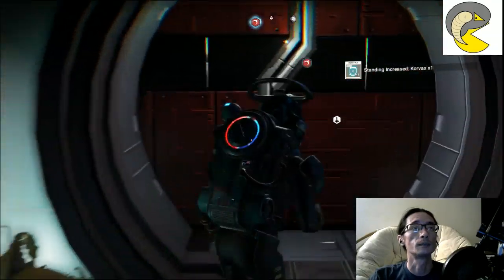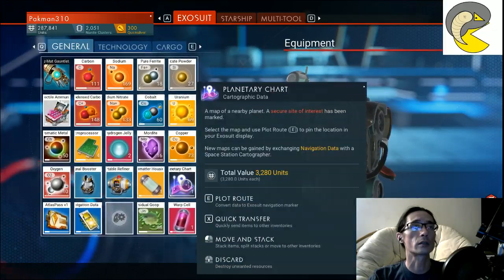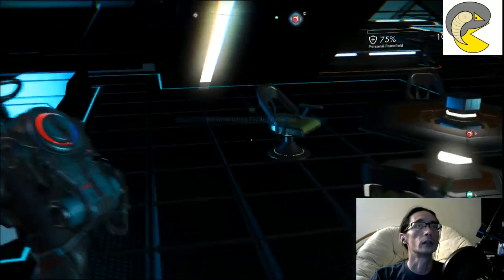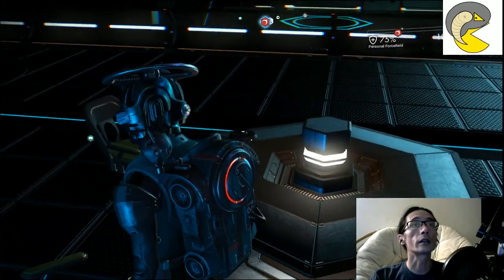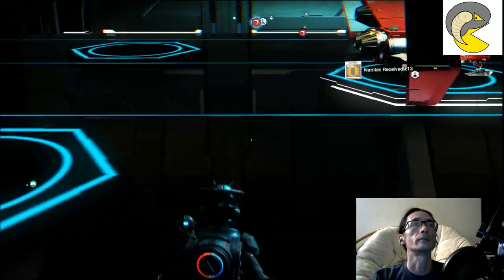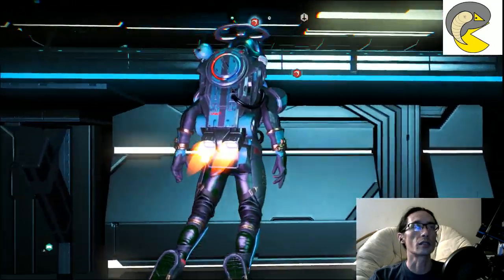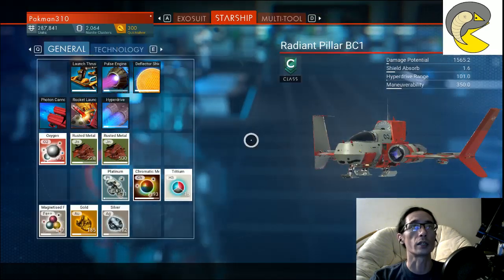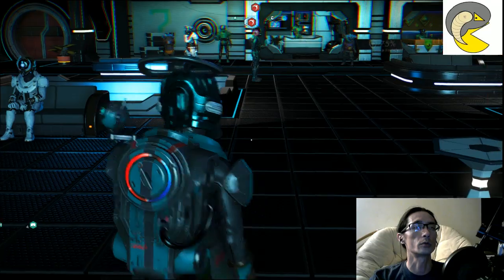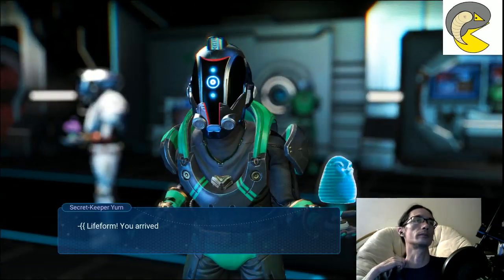Beautiful. Don't need to talk to the rest of those guys, but let's... Alright, cool. So we got a manufacturing facility. Let's see, is there nav data here? Yes, there is. Or, oh, nice. Alright. So this guy, once we talk to him, is going to give us a whole bunch of data. We just got to make sure we've got enough room for it. Alright, so...